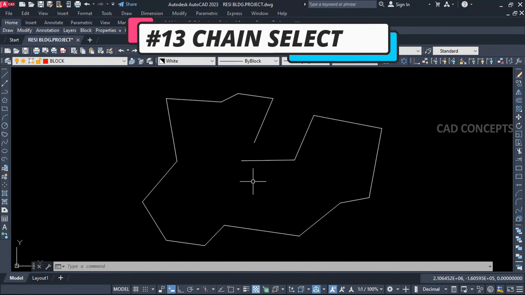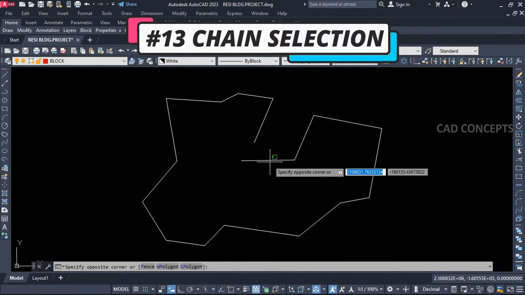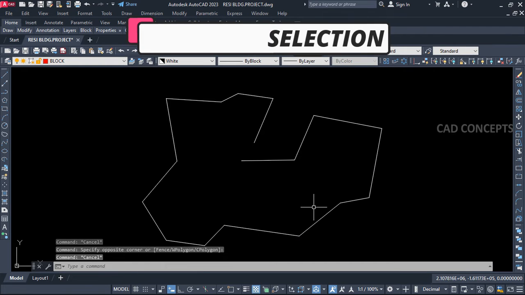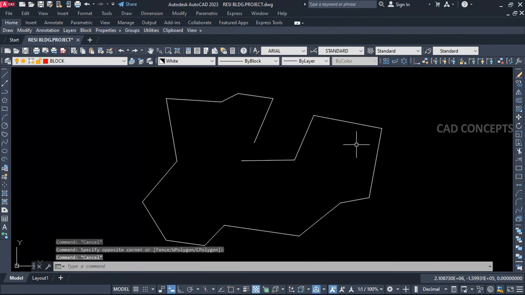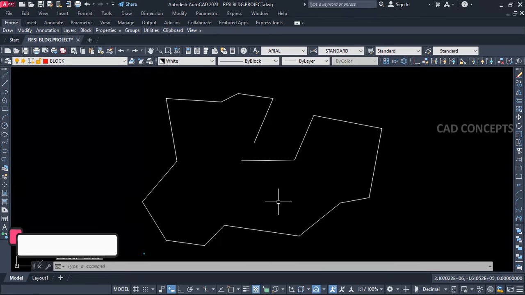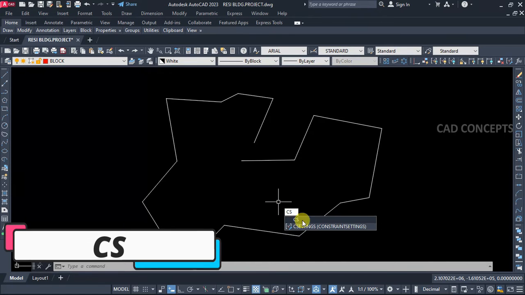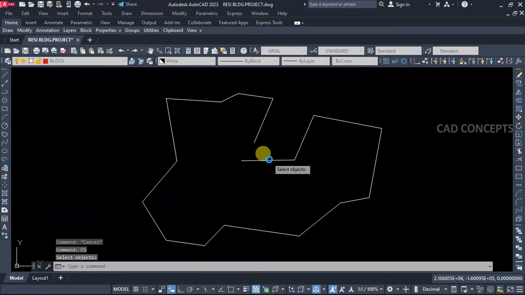Number 13, chain selection. This is a multiple line we have, not a P line. As you see here, I want to select wherever these lines are connected. Let this CS command click only a single line. As you see here, you have clicked only a single line, and it got selected all around. Why? Because these are connected to each other. So these lines are connected, and that's why we are getting